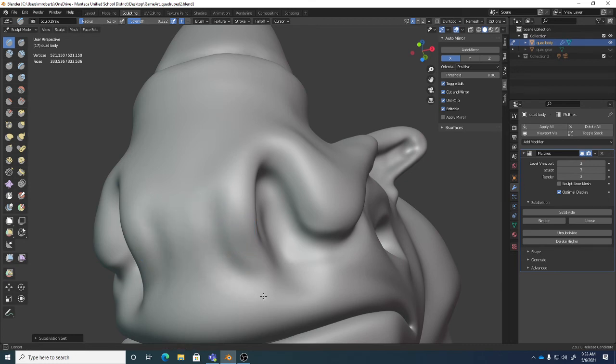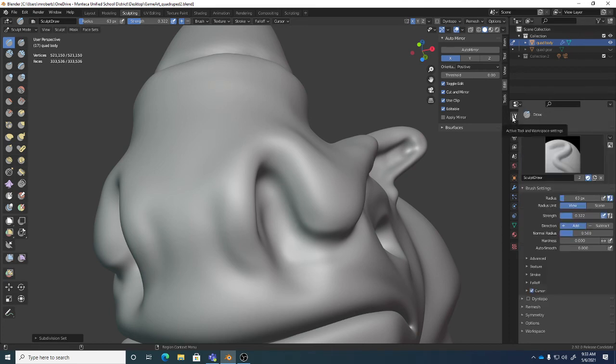Shift will smooth. Remember, you can go to the wrench and screwdriver here, because that's your tool properties. And you can always go to unified strength right here. It's off because I was using this scene file earlier, but just double check to make sure it's off. And if you go to smooth, which is the first orange brush right here, you can actually change the strength to make it less. Sometimes the default strength is a little high, so it smooths too much. So remember, if you go to the wrench and screwdriver and you just turn off unified strength, which is that one right there,